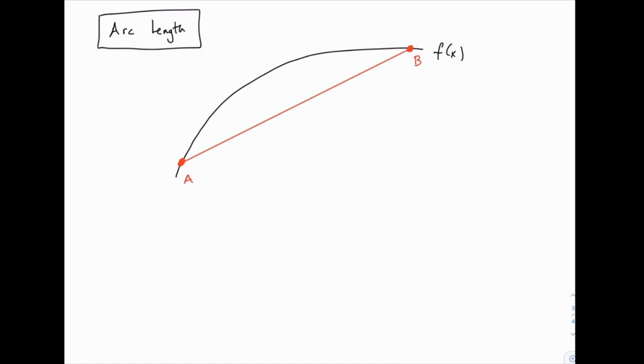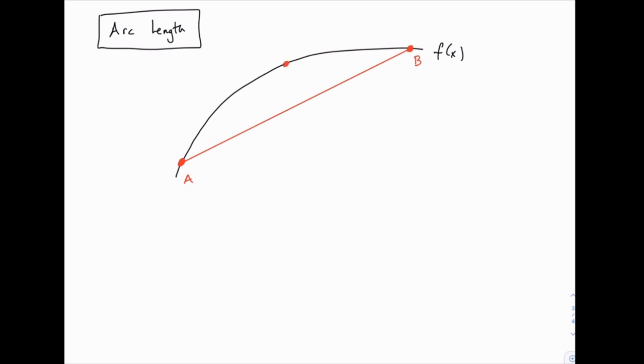Would that be the same as the arc length? Of course not. But would it be a decent approximation? It would at least get us in the right ballpark, right? So how would we make this better? Think back again to what we did with areas, with one rectangle to represent the approximate area. It wasn't very good, but if you split it into 2 or 3 or 4 or more, it started to get better and better. If we split this into 2 steps, for instance, by picking a point kind of halfway in between A and B,